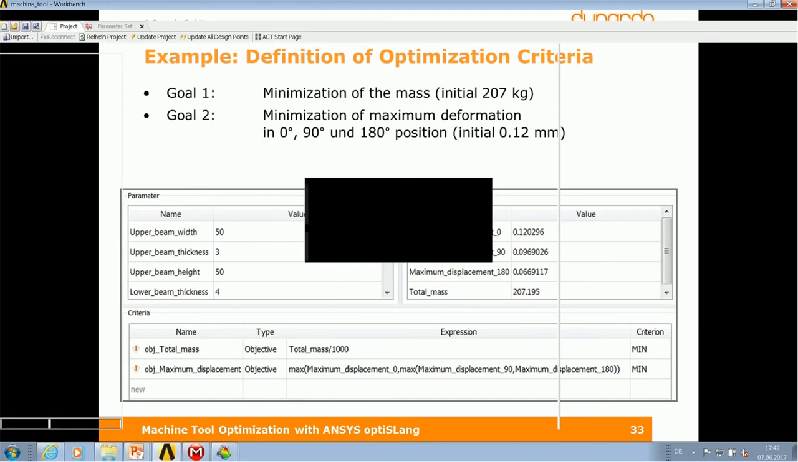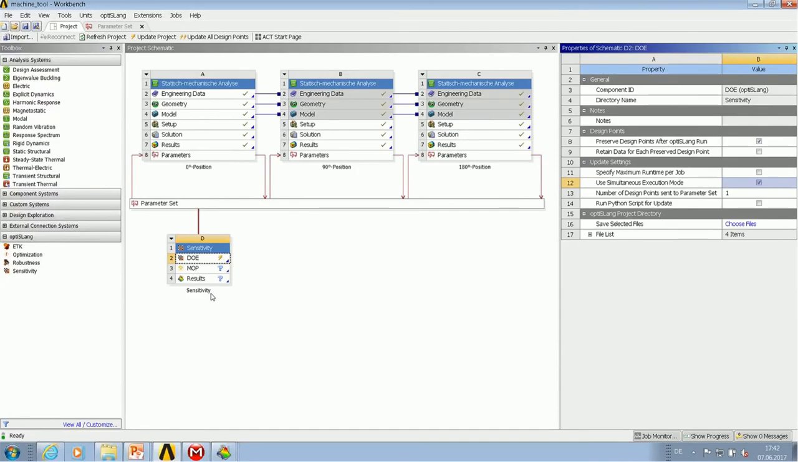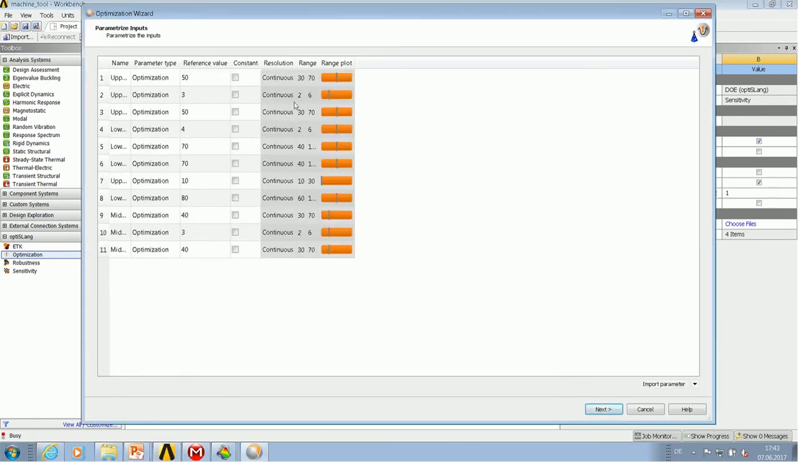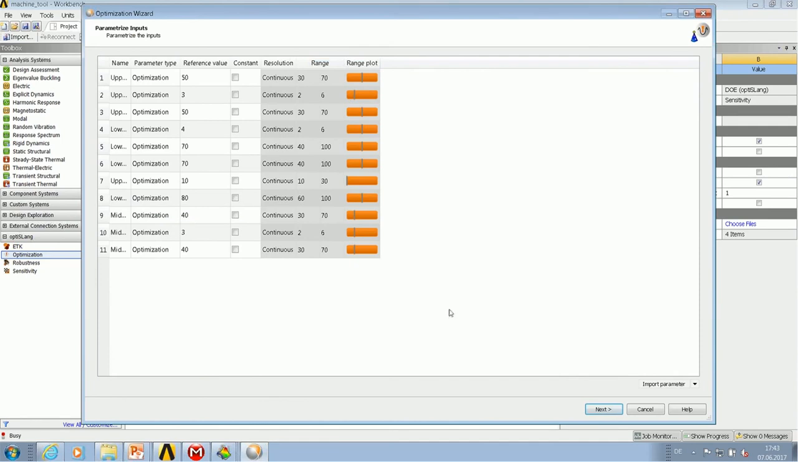So let us switch back to the Workbench. We want to use the optimization module here. We do not link it directly to the parameter set now. We link it to the MOP itself. This means that we now consider the metamodel as the solver. We keep the parameter properties from the MOP,